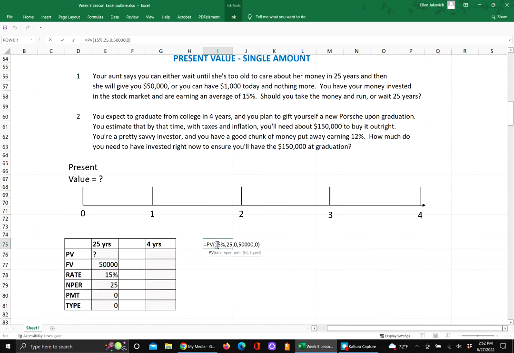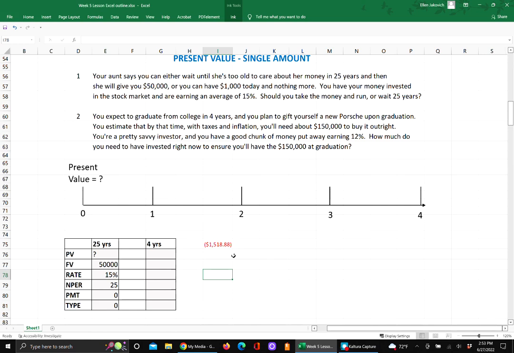If I double click and look at my equation, I put in a positive 50,000 that I'm going to get in 25 years. Excel asks, what would you have to invest to get that 50,000 in 25 years? It thinks I have to give up that money, so that's why it's negative. Don't worry about it. The equivalent amount of money is